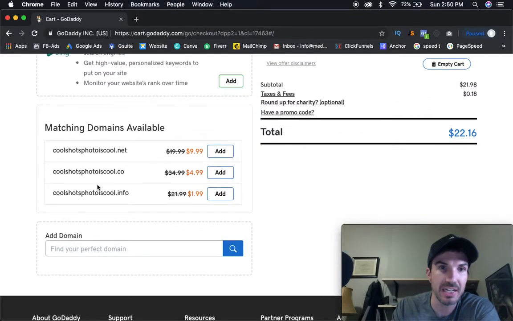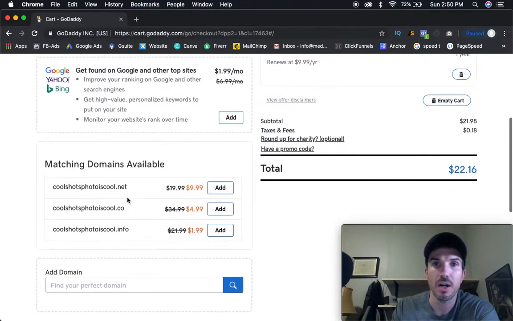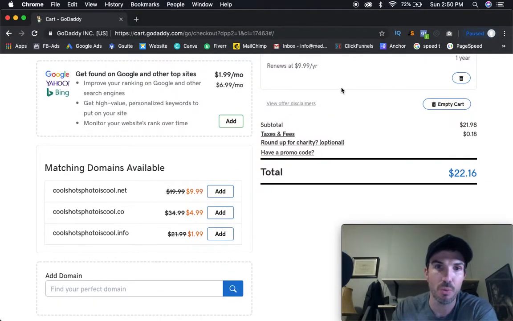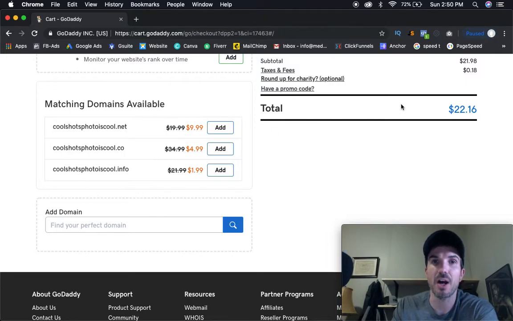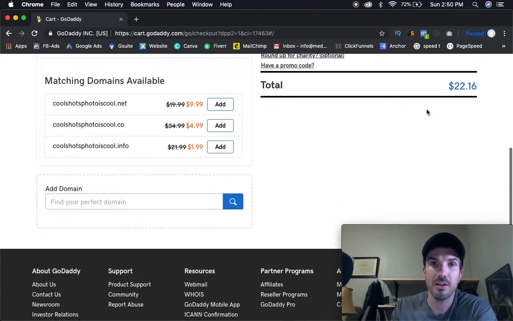But go through that. You don't need to add any of this stuff. They're going to give you some alternatives, .net, .co, .info. .com is the main one you want. And most likely if you have .com, most people aren't going to really care to get any of these because .com is the most important one. So from there, you're going to put in your,